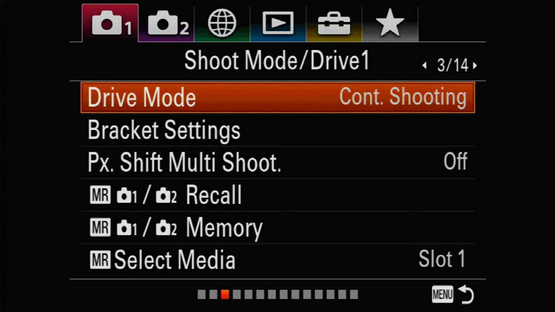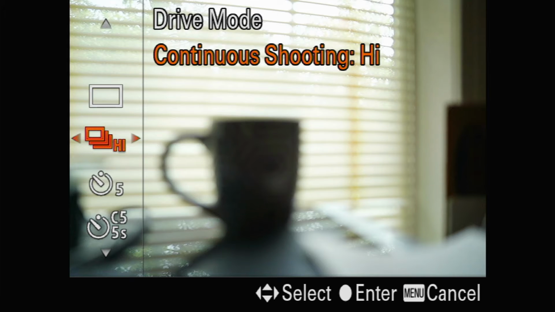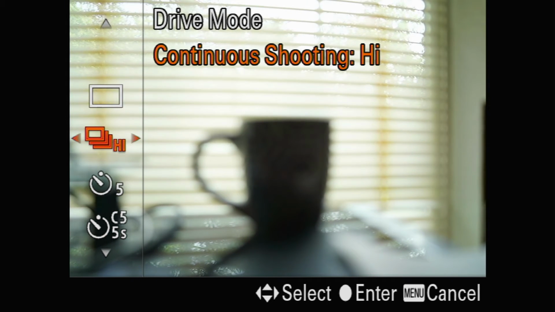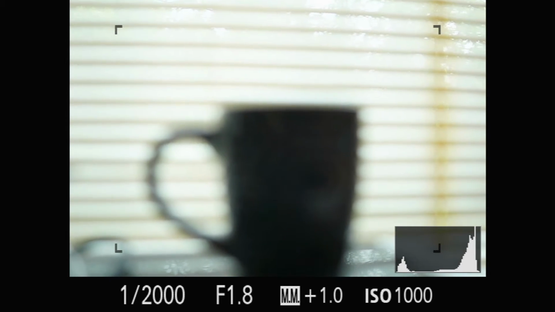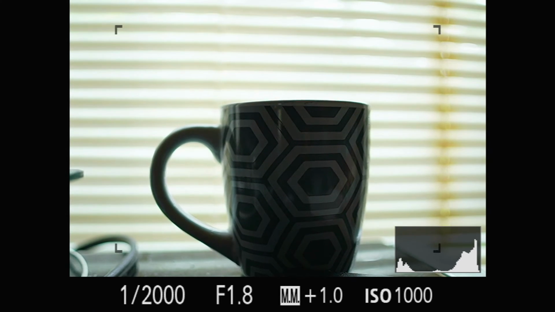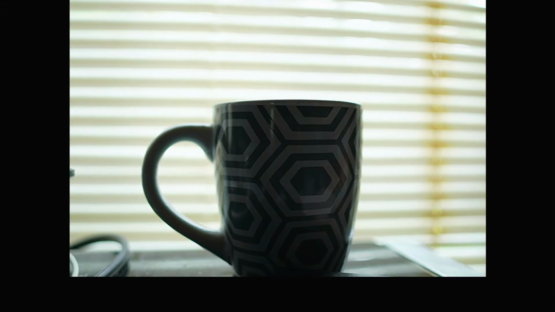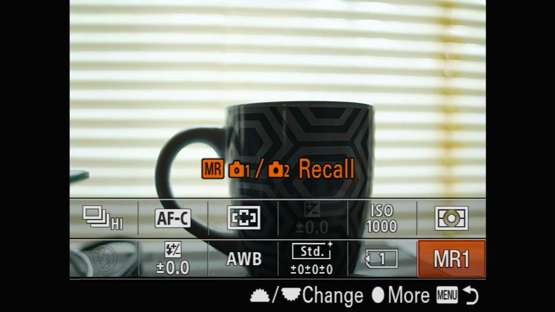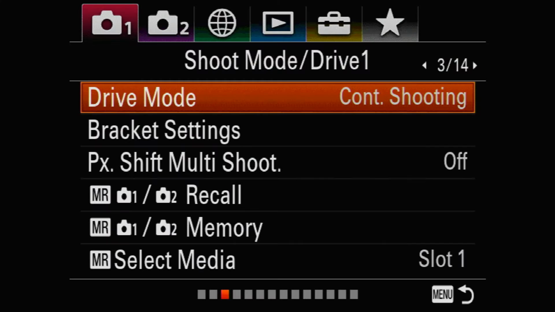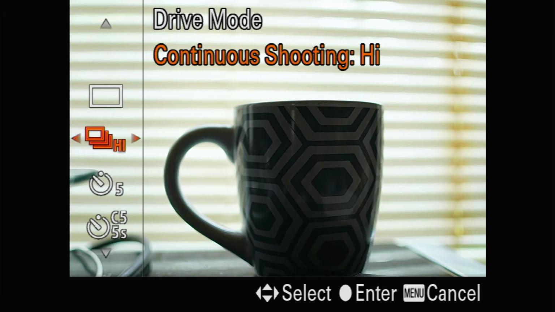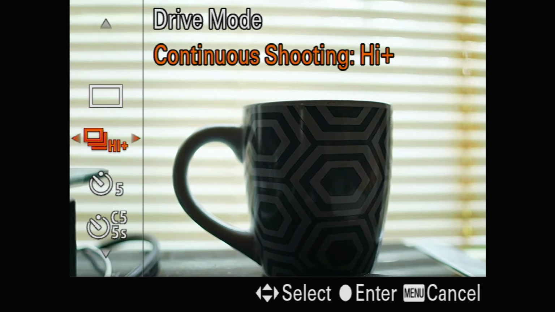Drive mode. Okay, we really don't need continuous shooting here. Continuous shooting is just for when you are... sorry guys, get off that for a second. I'll show you that later. Continuous shooting is really for like action sports, wildlife, things like that. That's what I showed you on the last video. We don't want that here because we're doing landscapes. So we're going to take that back